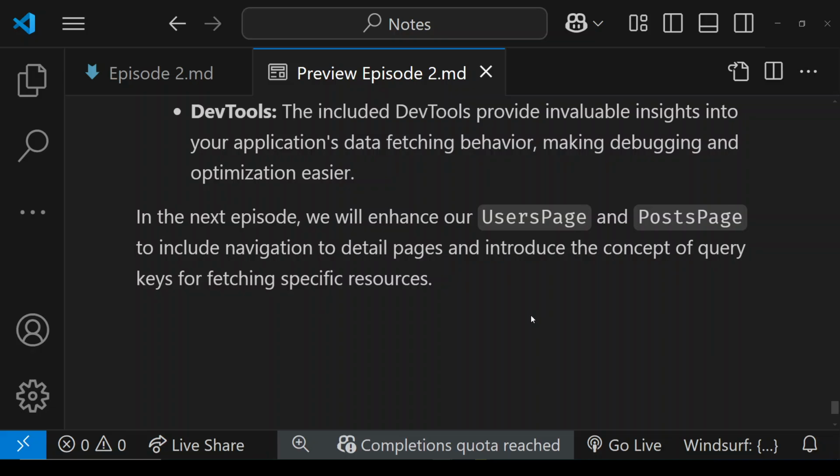In this episode, we created these two pages, the users page and the posts page. We started using the useQuery hook in a very minimalistic approach. There are so many other things that we haven't used yet. We started using isLoading, error, and data. And of course, using useQuery, we have our backend API, and useQuery is a hook that allows us to fetch some data from the backend. And